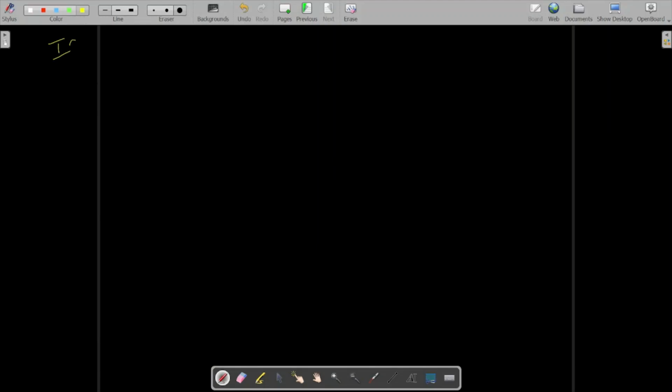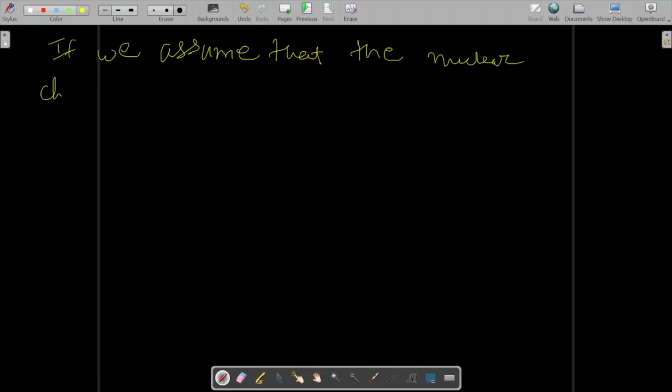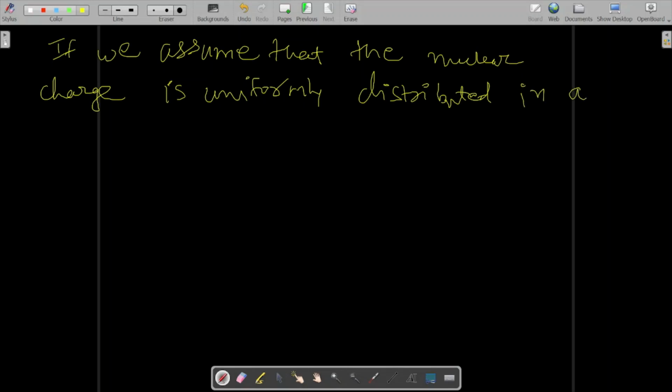If we assume that the nuclear charge is uniformly distributed in a sphere of radius R, that is, we are assuming the nucleus to be spherical and the nuclear charge uniformly distributed inside that sphere of radius capital R, then the Coulomb potential energy